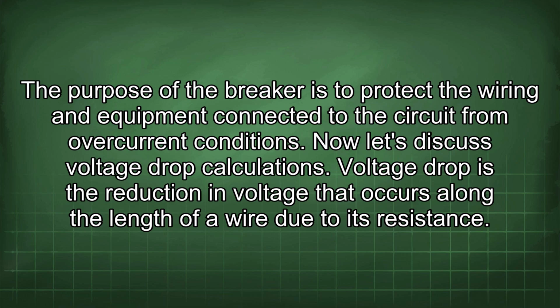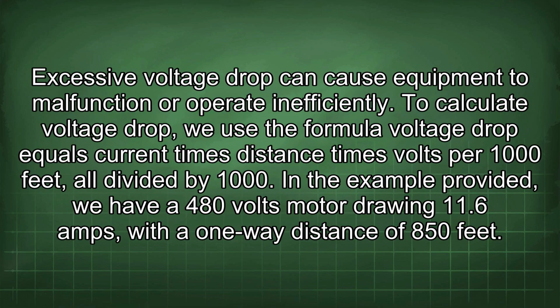Now let's discuss voltage drop calculations. Voltage drop is the reduction in voltage that occurs along the length of a wire due to its resistance. Excessive voltage drop can cause equipment to malfunction or operate inefficiently. To calculate voltage drop, we use the formula voltage drop equals current times distance times volts per 1000 feet, all divided by 1000. In the example provided, we have a 480 volt motor drawing 11.6 amps, with a one-way distance